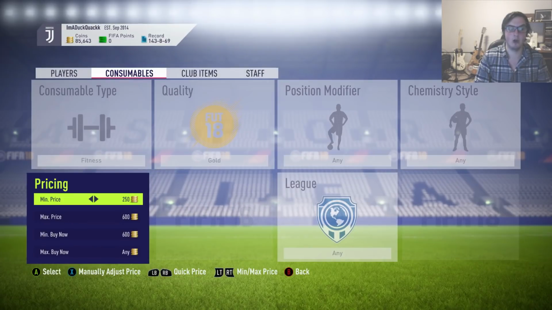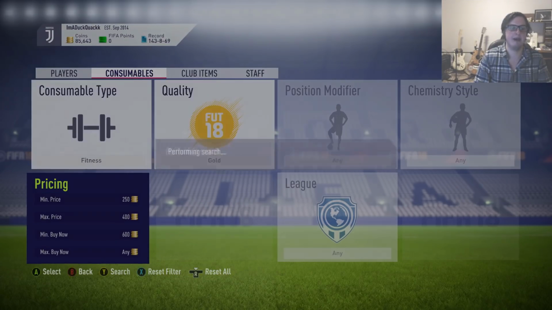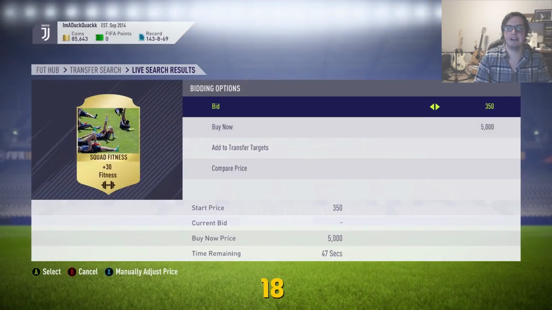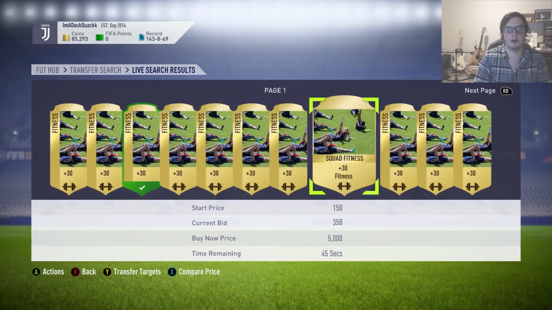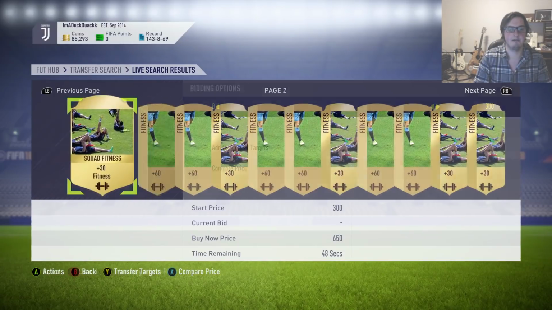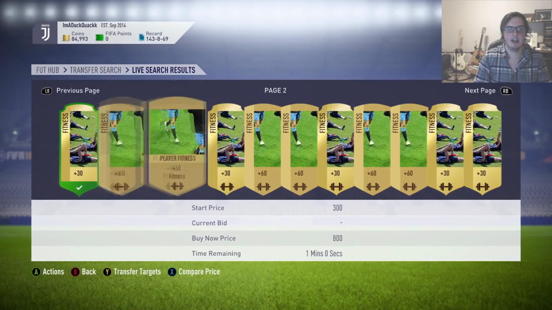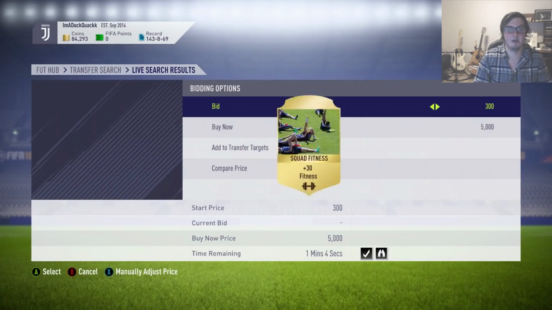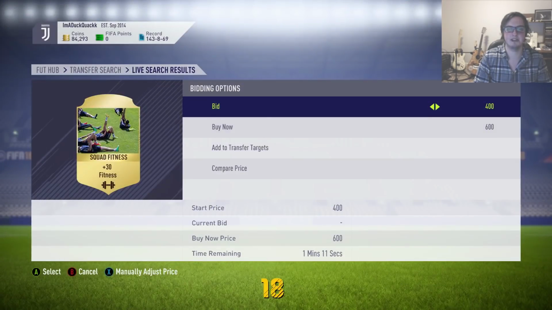If you're finding that's not working well enough for you, you can just bring down the max price here, and then we get a much more precise list. So we haven't got those 500, 600 coin ones showing up anymore, and we can just come through and bid on every single one of these, like so. Very simple as well. And these squad fitness at the moment for 300 to 400 coins are just absolute steals,